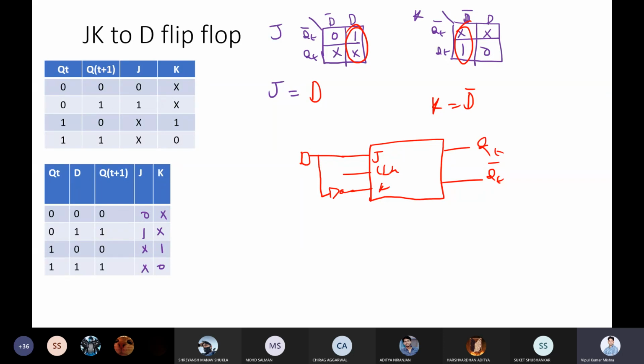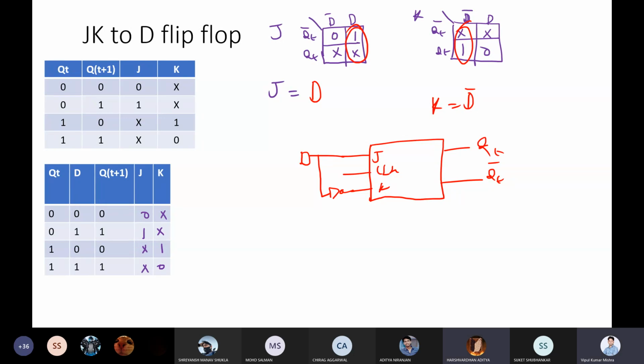So if someone says, can you convert SR to D flip-flop, that we already saw, you just add a NOT gate, right? So with this process, we end up with the same result. So any doubt, guys, till this point, anyone? No, sir.